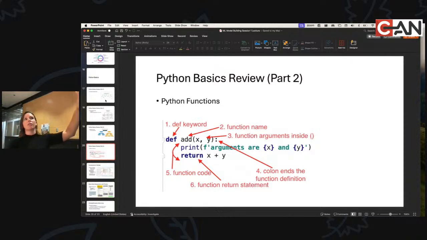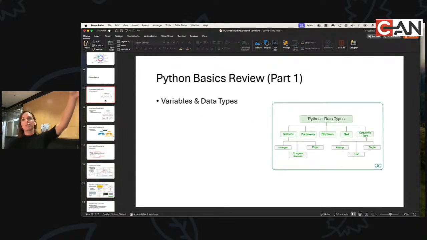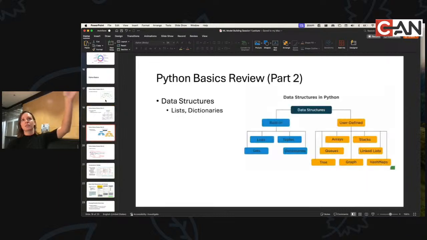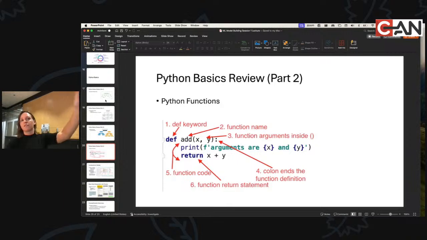Everything I've talked about here, by the way, when we talk about variables and data types, control structures, data structures, and functions, these are all something called Python native. It means you just work with Python, you get it. You don't have to import anything outside of the Python library. So this is a part of the core programming language itself. After we talk about functions,